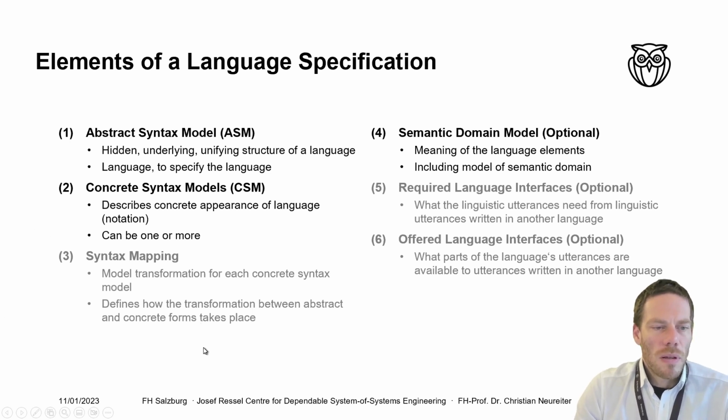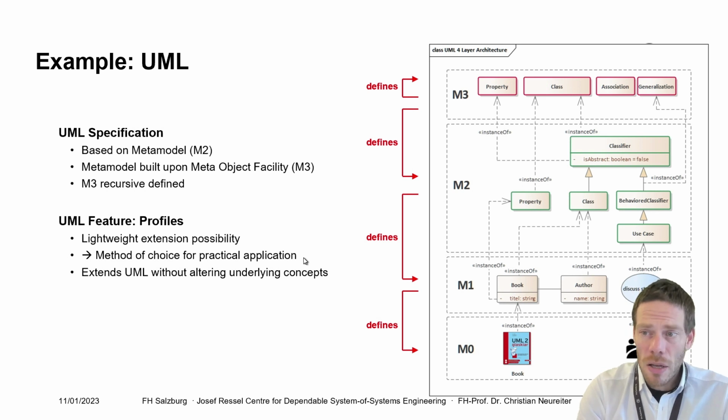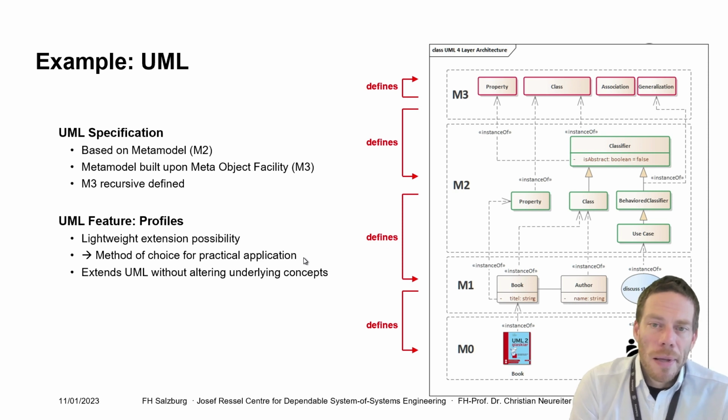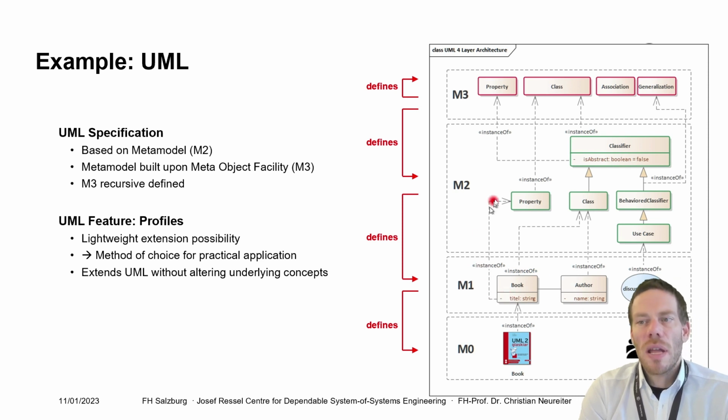To get a little bit better understanding, we can try to reflect these concepts on the basis of the architecture of UML. Most of you already know UML as a modeling language, and it covers 4 layers. We have M0, which is reality. Then we have M1, which is basically our UML model. And then on M2, we have the meta model. So basically, we have the specification of which elements can be used for modeling in UML and which relations are valid, together with the concrete syntax and the